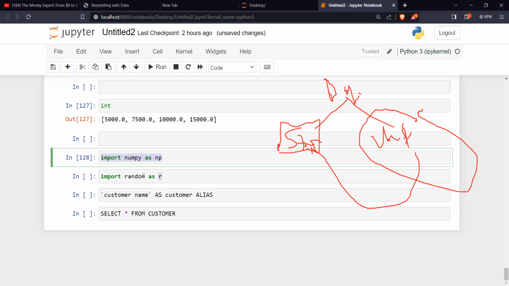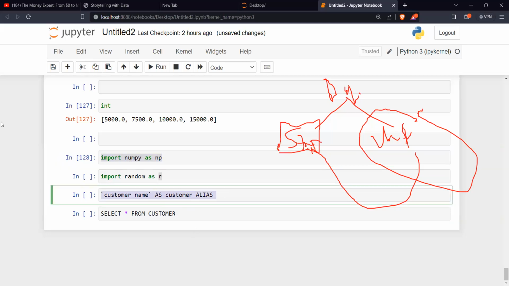Instead of always calling numpy or pandas, because sometimes the names of the libraries can be too long. For example, there's something called matplotlib dot pyplot. How will I always be remembering this name? I'll just say as plt. That's all.